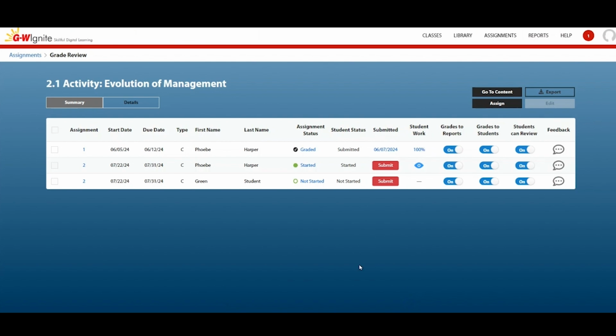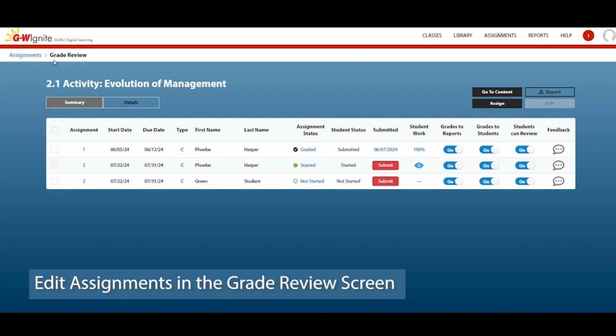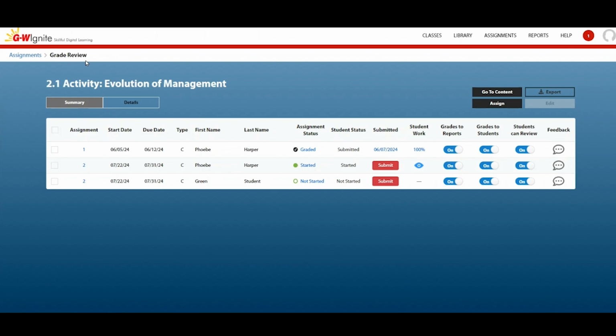Clicking Grade Review opens the Grade Review summary page where you can edit assignment settings for an individual student or for the entire class, manage grades, and provide feedback. The assignment column displays the number of assignments for an activity. Hovering over the assignment number will allow you to edit the assignment settings for the specific student or for the